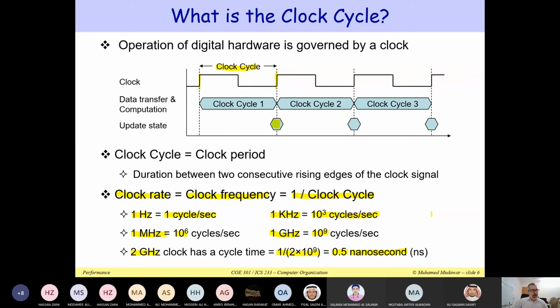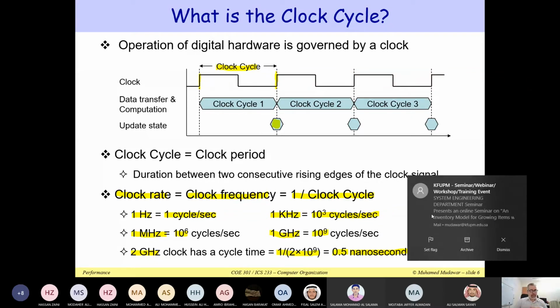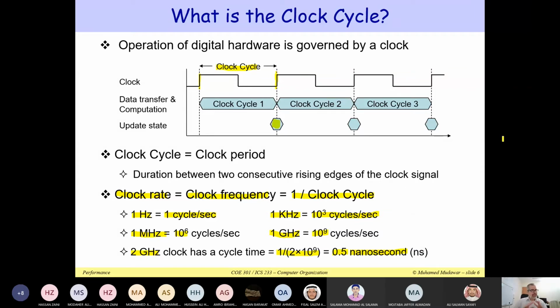Let us move on. Now, back in the 1970s, people did not really use very high clock speeds. It used to be less than a megahertz. Back in the 1970s, 1980s, it became tens of megahertz, and then it increased to hundreds of megahertz in the 1990s until it reached the gigahertz. So why? Because at that time the transistors were slow, switching them on or off was slow. So the circuits, the gates, had higher delays, and because of the delays that exist inside the gates and inside the circuits,